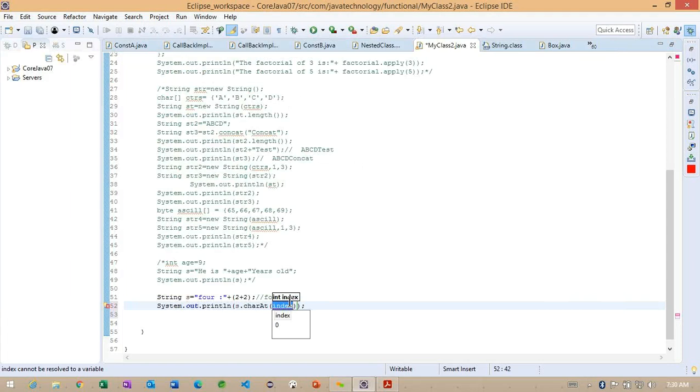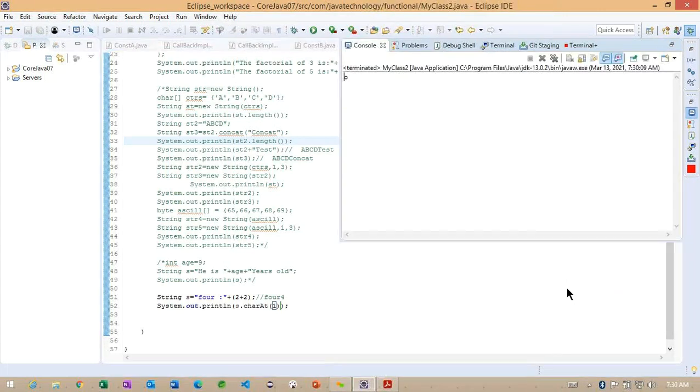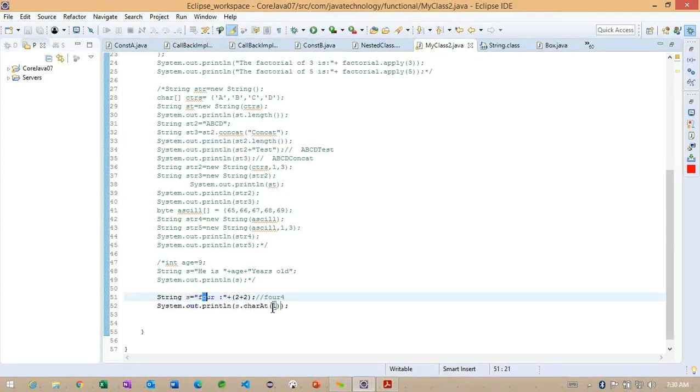We can specify the index information. If we want the first character, I call index one here, and the index points to the second one, that is O. So this is the second character.